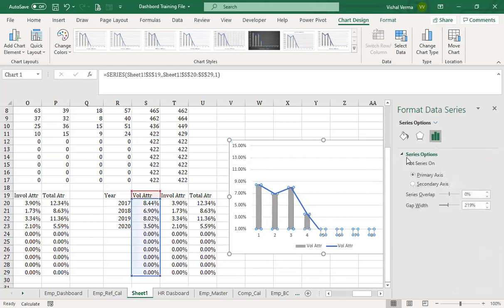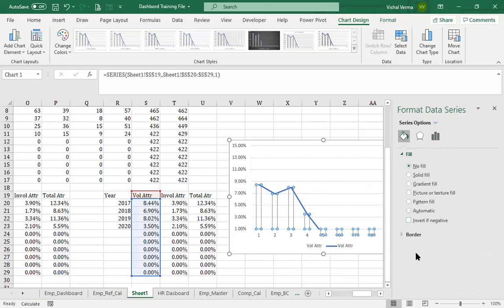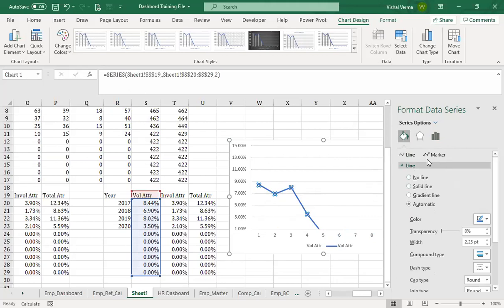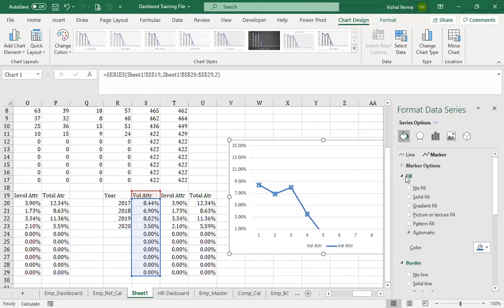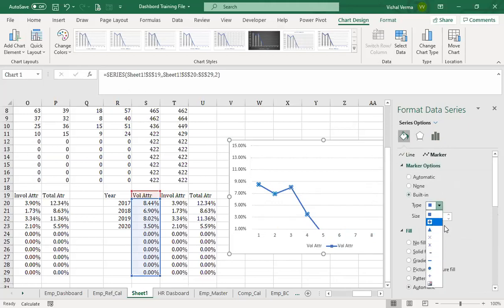For this, let's put the fill as no fill, and the border as no outline. Then we will select the line one. We need a marker here. The marker option should be built-in, and then we can select the diamond here.